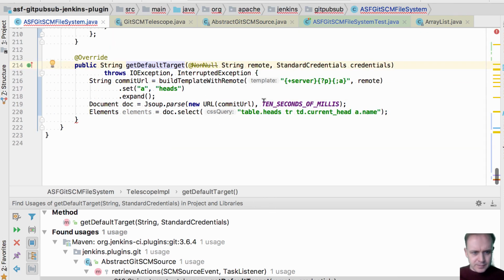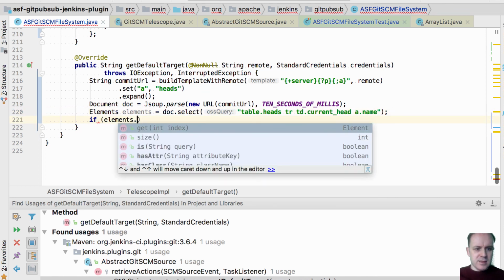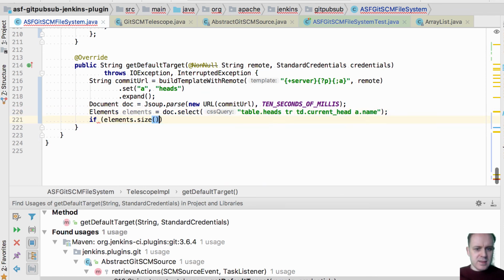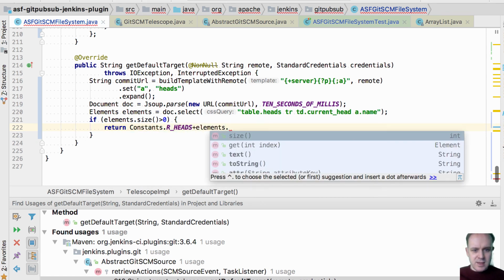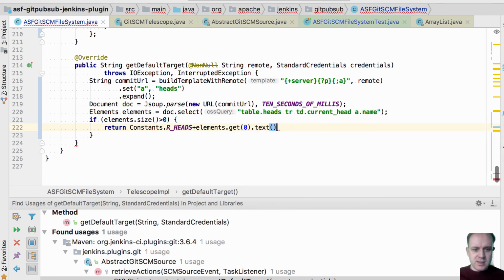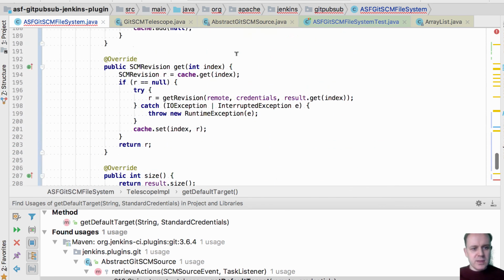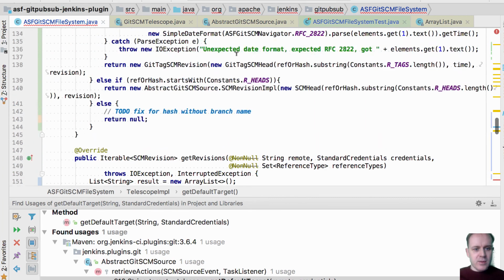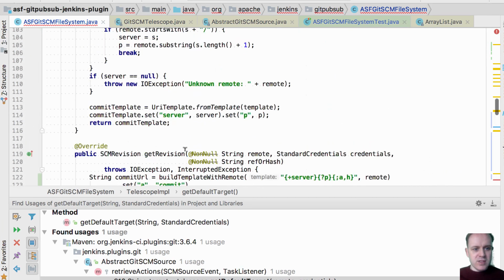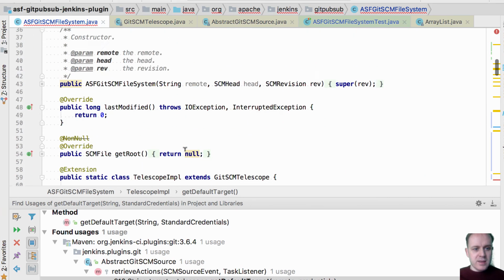There we go. So if elements dot size greater than 0, return constants dot or heads plus elements get 0.text. So at this point, what we have now is the ability to actually get revisions and all this sort